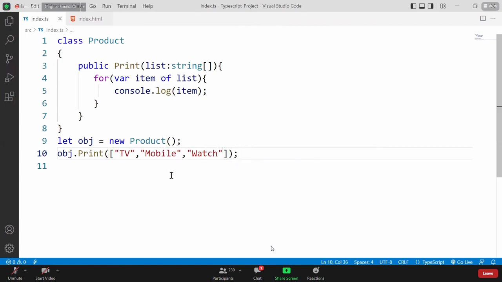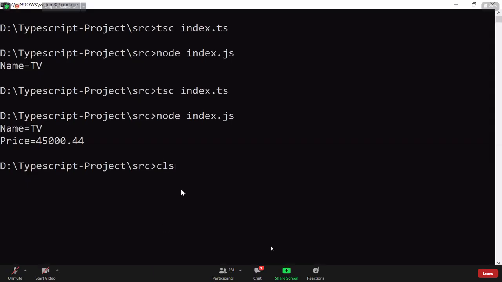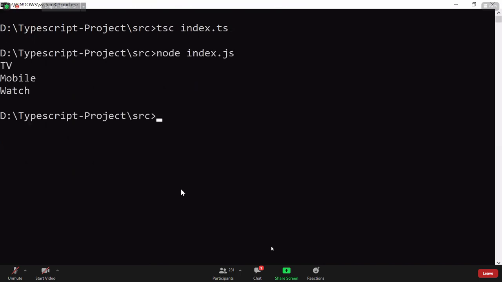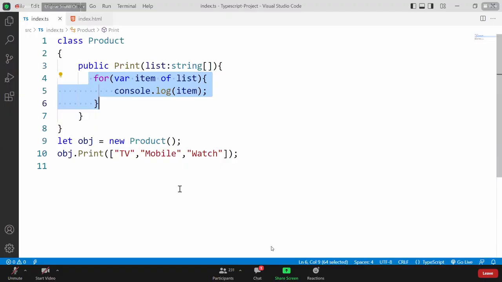What it is going to do, it is going to take those values and it is performing an iteration and printing the values. So parameter type can be anything. It can be string, it can be number. You can see when I compile this now, it is going to print those details. You can have an array type, you can have an object type, you can have a JSON type, any kind of type. That means the parameter type can be